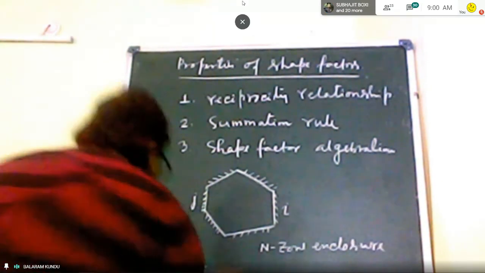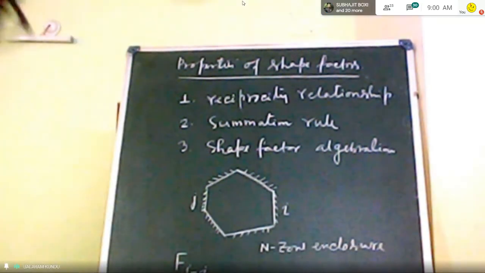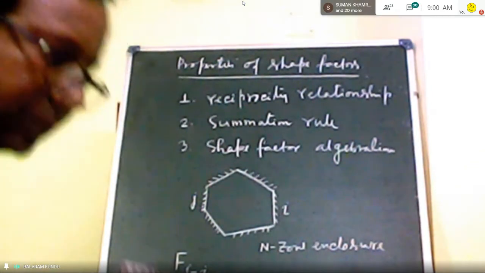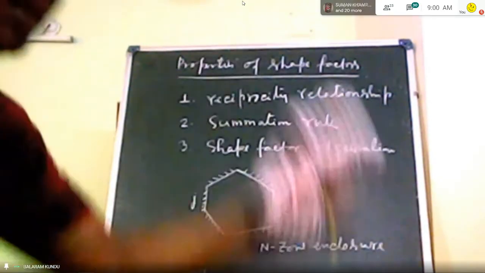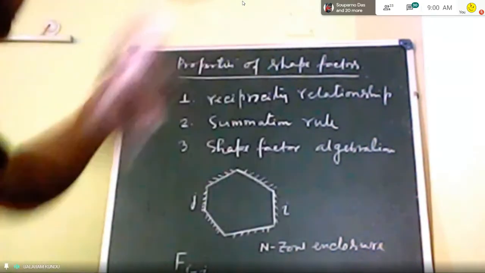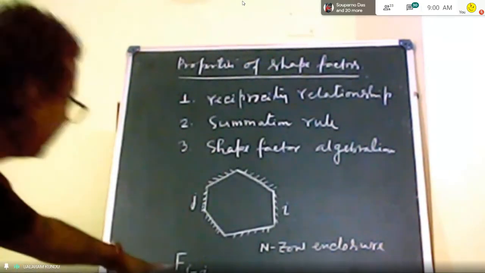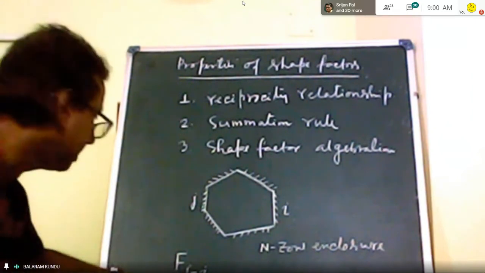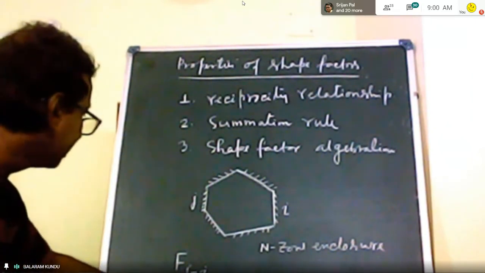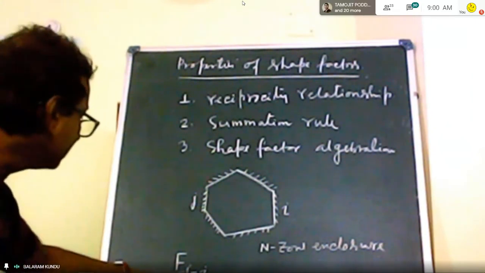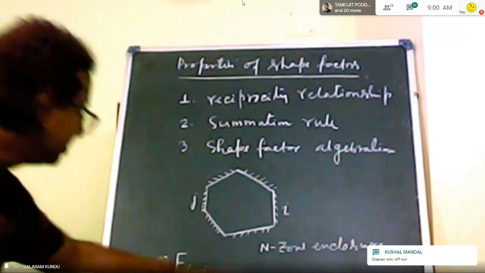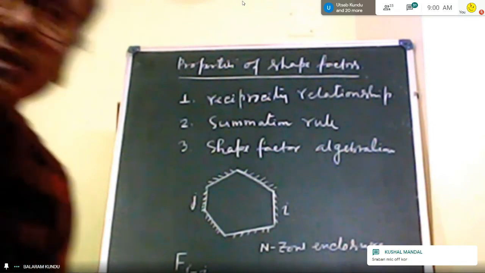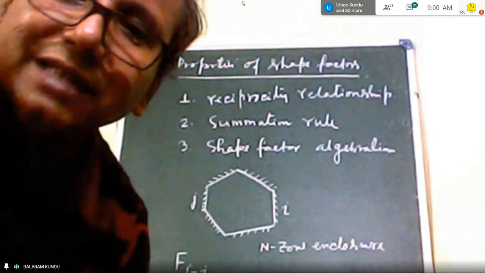For J to I, we have notation like this, F J to I. F J to I means the shape factor between the J surface and the I surface. So I want to remove the area part. Instead of writing A J to A I, for simplification I just want to write the shape factor between surface J to I. Okay, so that is equal to what? That is equal to, mathematically,